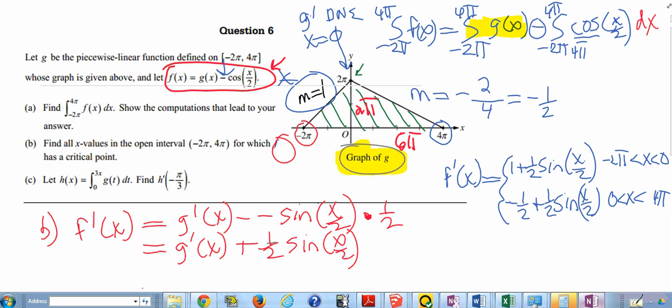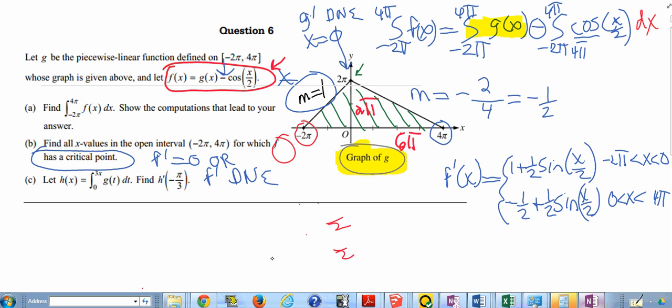Well, what is a critical value? A critical value is where the first derivative is equal to 0, or the first derivative does not exist. So we have a cusp or a sharp corner right there, so we know it can't exist at 0. But let's take a look at just the first half of this graph, this portion right here. So if I take that derivative and set it equal to 0, we have 1 plus